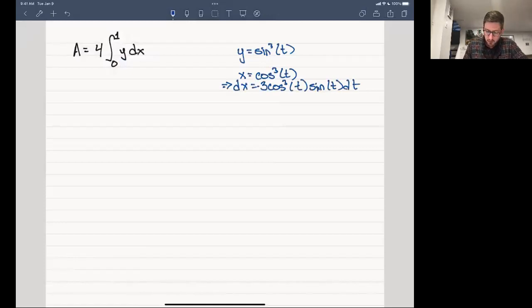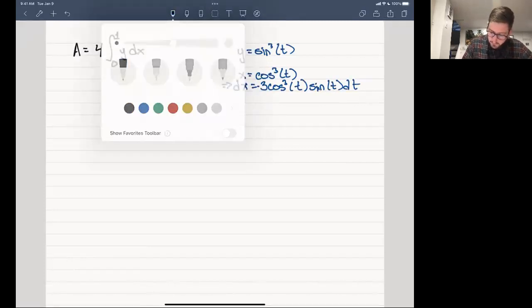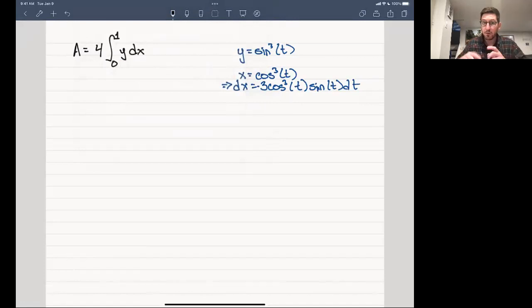But also, if you're going from 0 to 1, you're going to flip the bounds as well. So that negative is not going to enter into this because I want to flip my bounds back around. So this is the same as going,